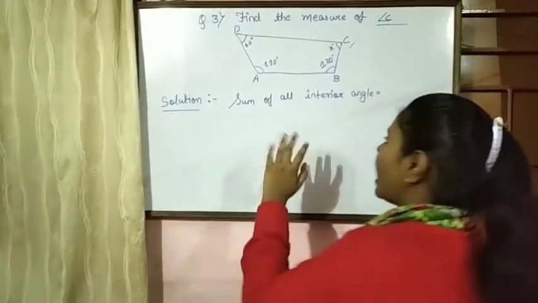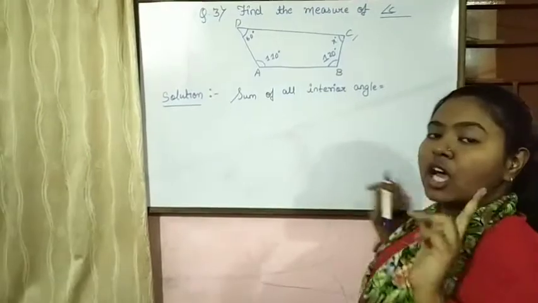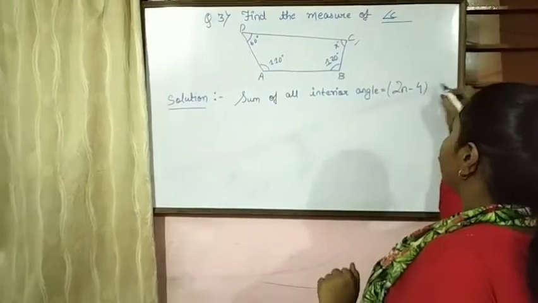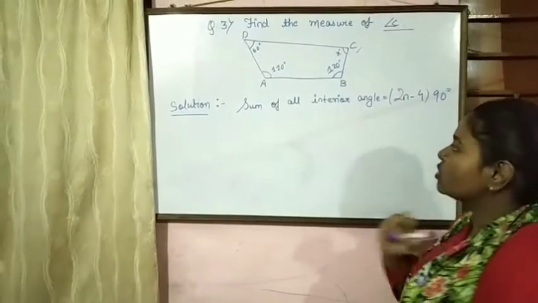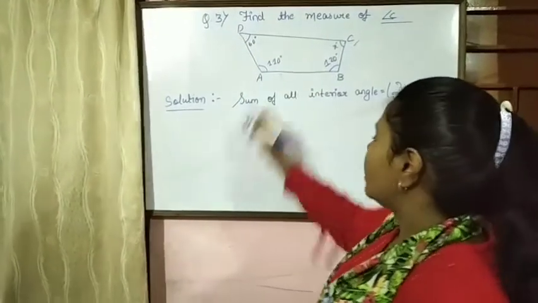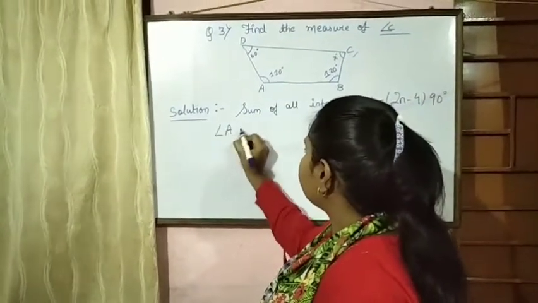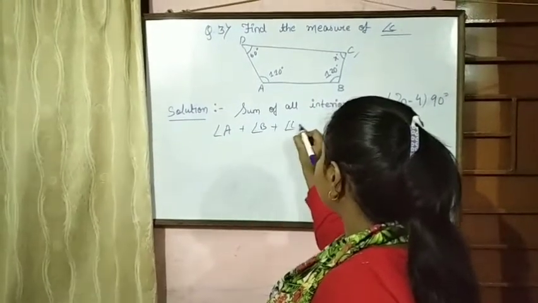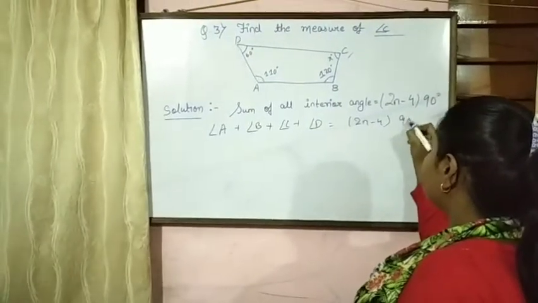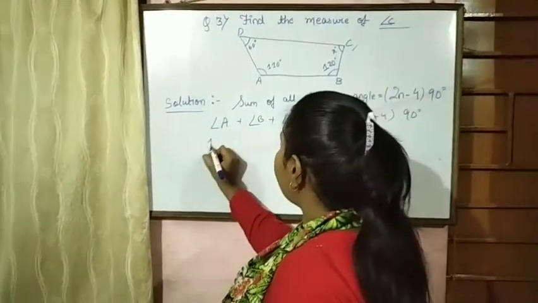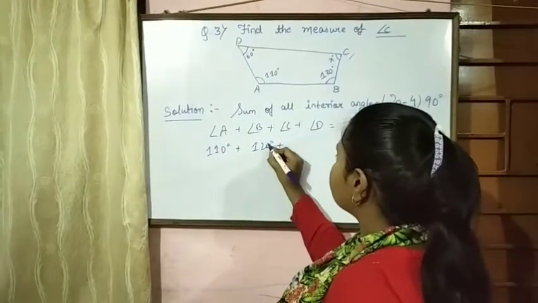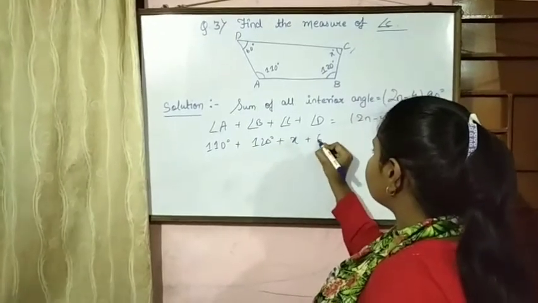You all know students that sum of all interior angle of a polygon क्या होता है? 2n minus 4 into right angles, that is 90 degree. Okay students, sum of all interior angles क्या करेंगे? सारे angles को add कर देंगे. Add करने पे आएगा हमारा angle A plus angle B plus angle C plus angle D will give us 2n minus 4 into 90 degree. Angle A is 110 degree, B is 120 degree, C is, let us suppose X, plus D is 60 degree